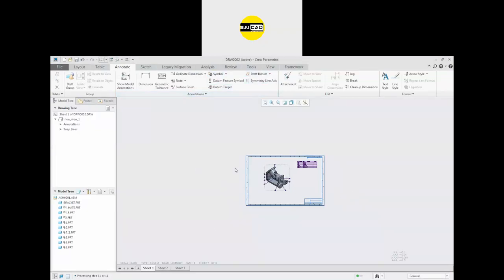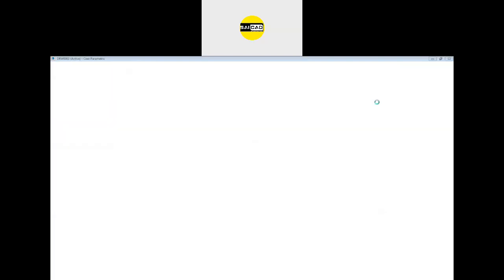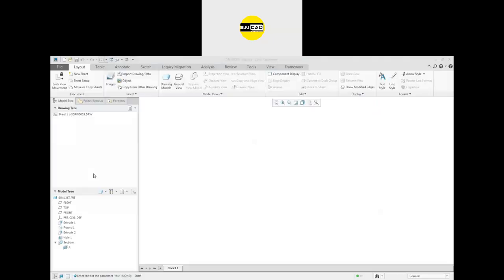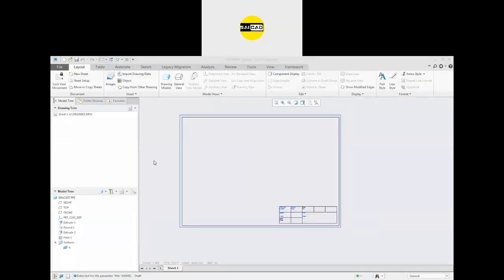Okay, so I expect I have to do something now. So I'm going to close some files so that we don't get this error. Okay, so close this sheet.